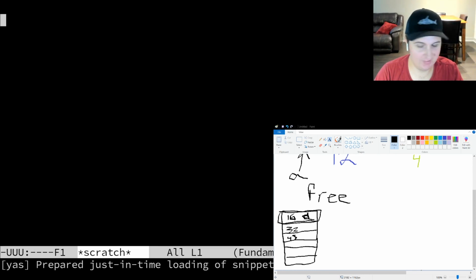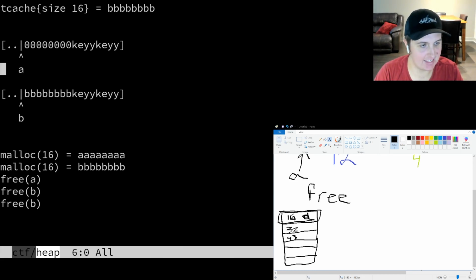And the reason that we're able to detect that is this key. What happens when we call free B is that we actually check to see if we already are in Tcache. How do we check if we're already in Tcache? The first time when we called free B, remember I said that this key gets written here. Well, all you have to do when you call free B the second time is check to see if the key is there. If the key is already there,